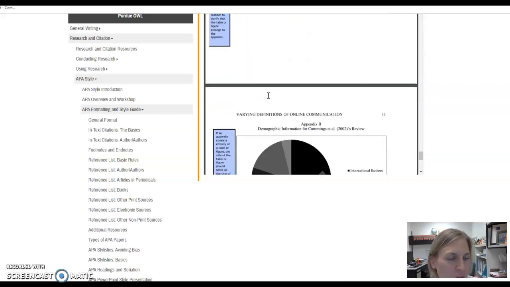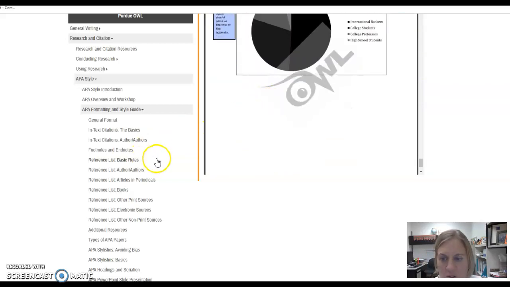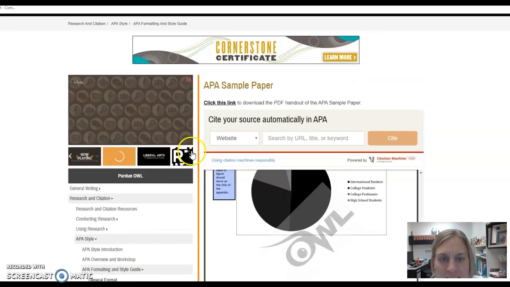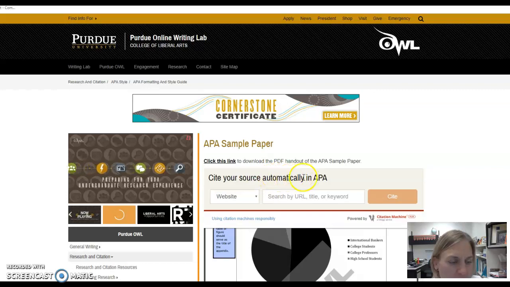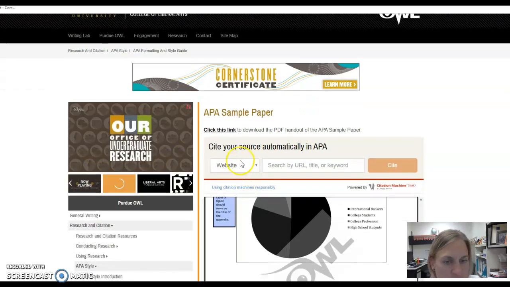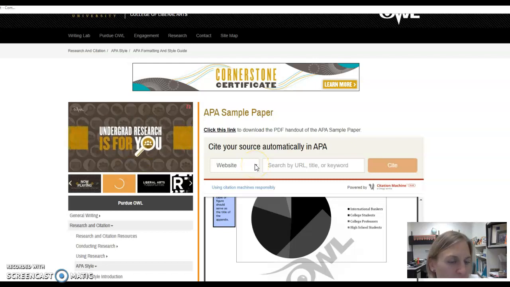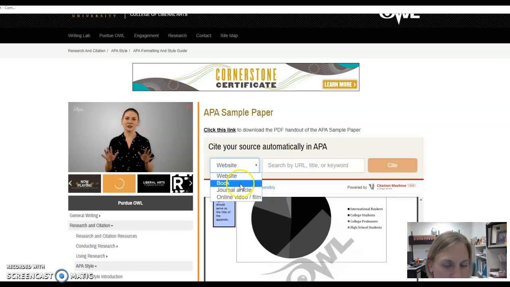Okay, so take a look at this paper. It does have appendices, which you don't need, and some pictures and things, and those are not things that you need. One last thing. At the top of every piece of this Purdue OWL, you see where you can cite it automatically. This is a valid way of making your reference page very simply. If I have a website, I just copy and paste that in here. If I find the book or the journal article, it gives me the formula, and it generates that for me. My one suggestion, though, would be to double check that to make sure that it is correct in terms of punctuation, spelling, etc. It's very, very important. If you have any questions, please don't